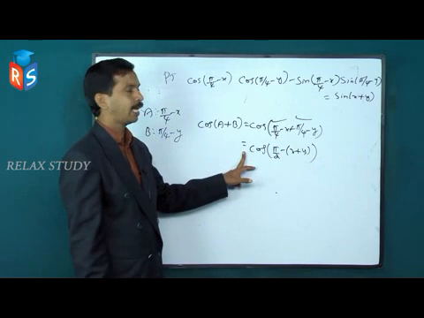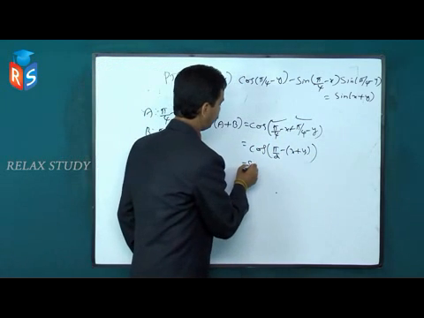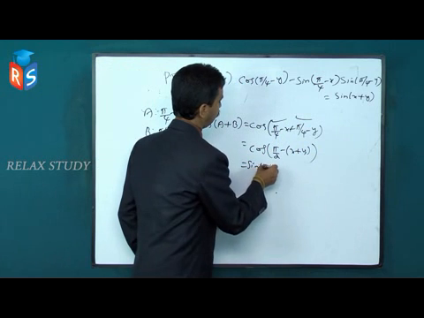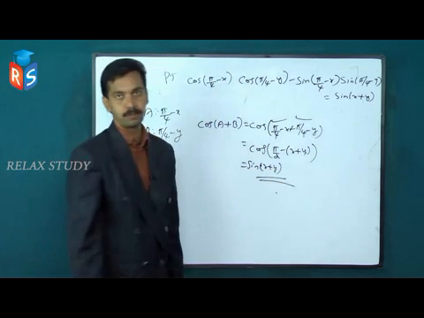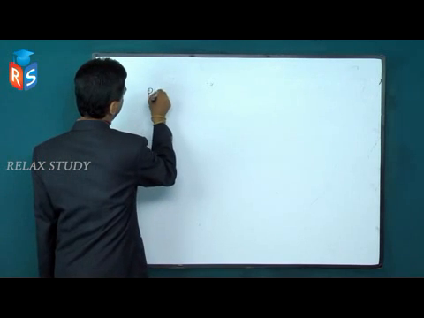We know cos(90° − θ) equals sin θ, so sin(x + y). So the result is proved. Next one, prove that